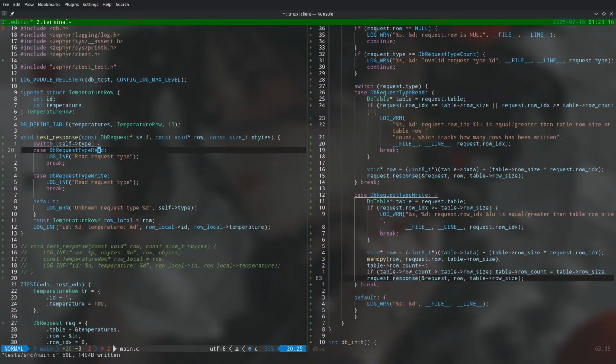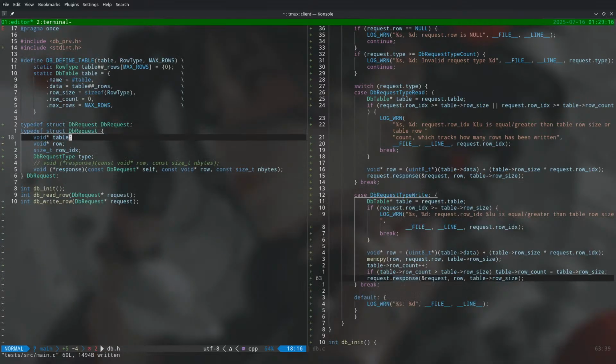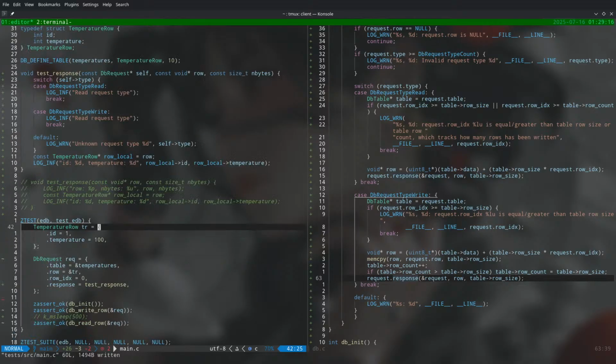Because in this case, like right here, I'm passing this information. So I have what I need. What I want basically is